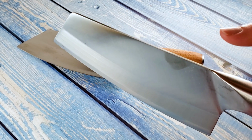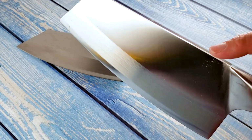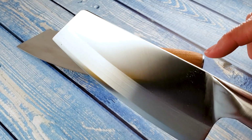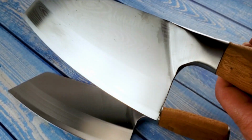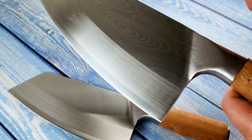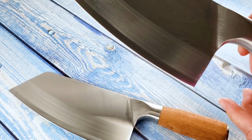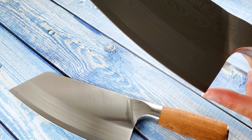Really, this needs to be put on a grinder and finished out and smooth these edges out, because this right here, I don't know, I really feel like it's going to cut me. You can kind of also see that just in the finishing here. It's just not great. All the way through where the bolster would be, it is ground all the way back